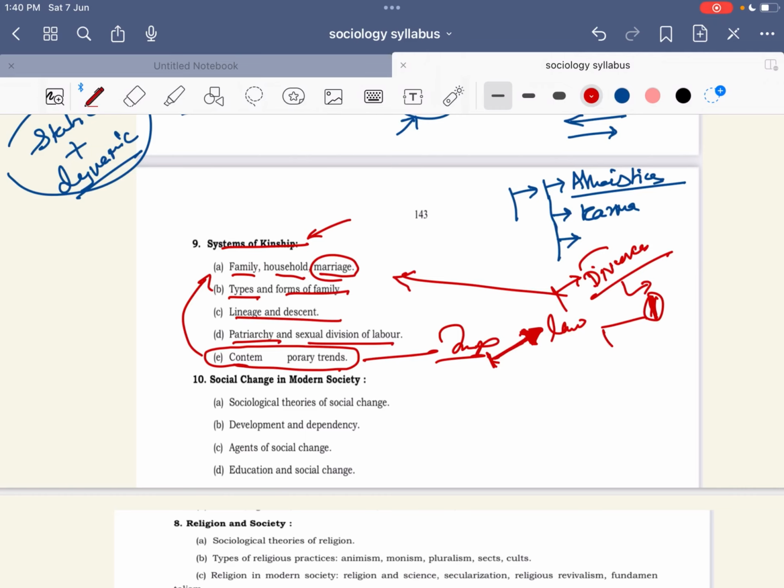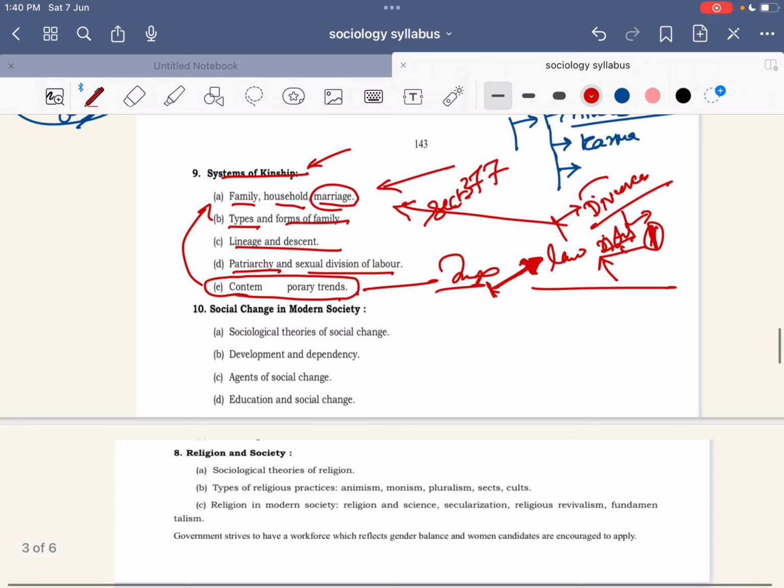But Supreme Court has said that this woman has the right to life. Even if she is married, she can have sexual relations with others. It is her right. Okay. So when Supreme Court announced such a judgment, what is its effect on the household, family, marriage? Then there is Section 377, gay rights, LGBT. Okay. Understand what I am telling? So what is its effect on the family, household and marriage? You see contemporary trends, and questions will come from here only. Means basic understanding about all this: family, household, lineage, descent and contemporary trends.